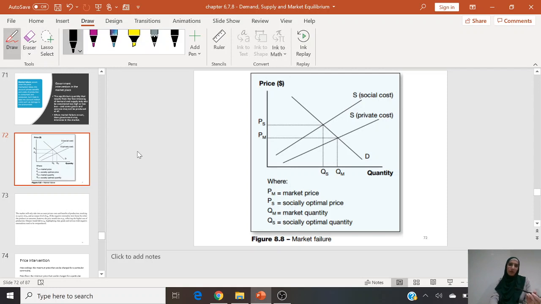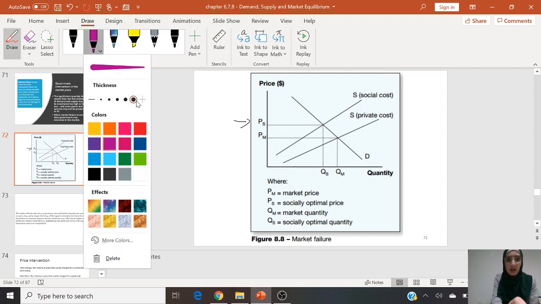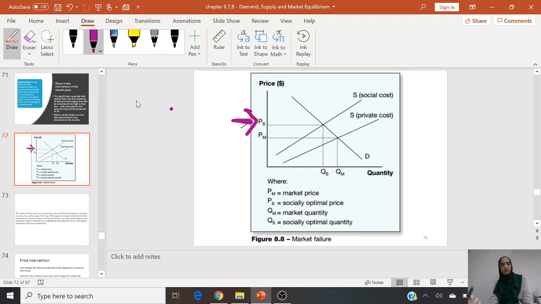And the reason for that is because environmentally friendly products are always more expensive. How many times have we gone into the supermarket and tried buying really healthy stuff, or really just recycled paper? Recycled paper is actually more expensive than regular paper. Recycled plastic bags are more expensive than normal plastic bags. The main reason is that it's a lot harder to produce. It's a lot more work, which is why the price is going to be higher as well. Right? So the price moves from PM to PS